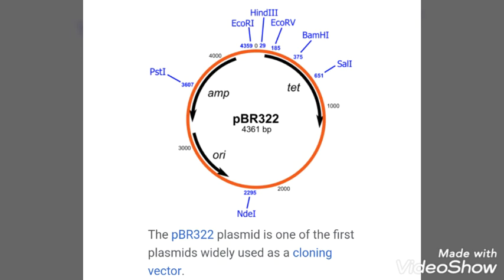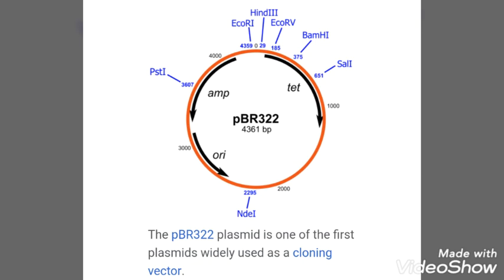So the plasmid is a very important ring-like structure used in rDNA technology or genetic engineering experiments. Such a plasmid is used as a vector. Vector here means a tool, the tool used in rDNA technology experiments. The plasmid is one type of vector; there are other types as well. For example, viral material is also used as a vector. And scientists nowadays construct new types of vectors in the laboratory, which we call artificial vectors.